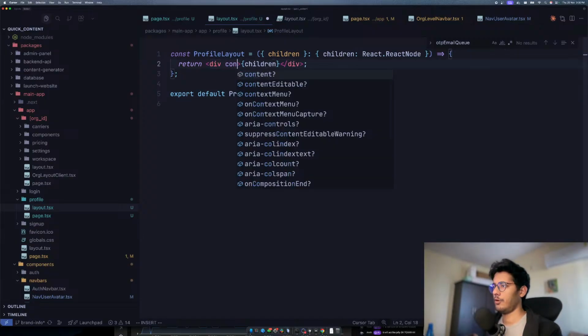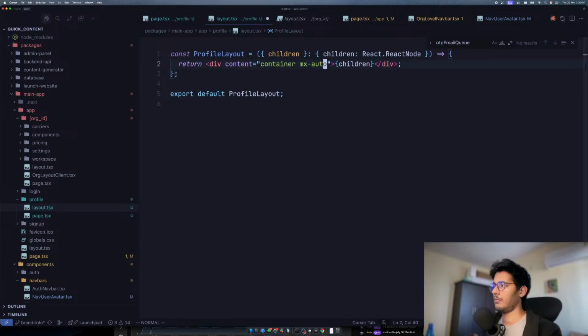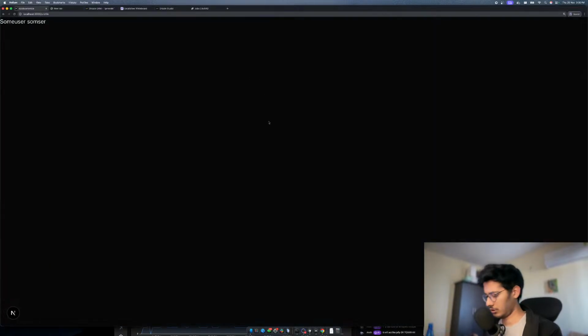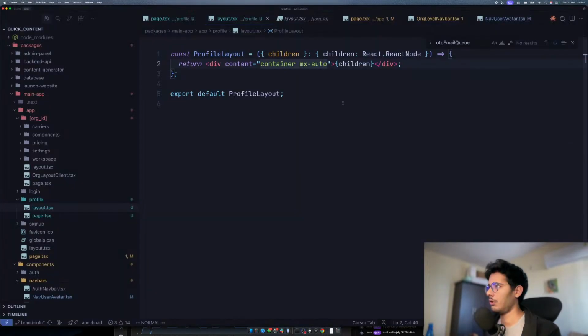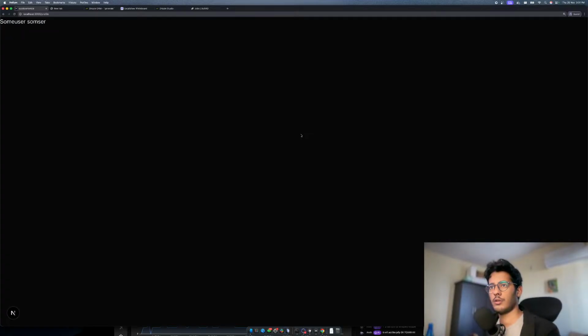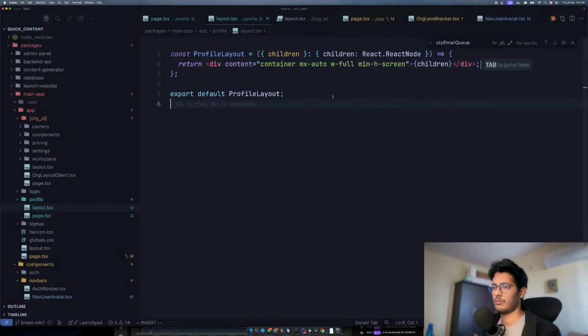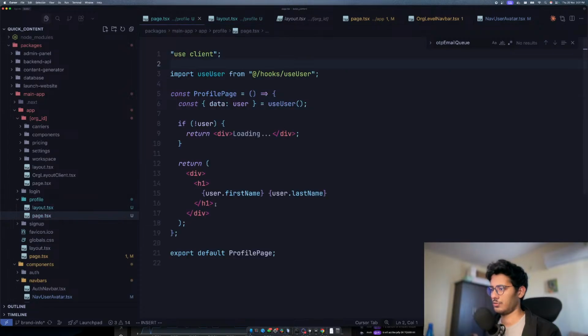Yeah, and then what we can have is we can have this as a container mx-auto, so that if I refresh this, wait, what? No, width full, height screen, I don't know, min height screen, refresh this, still an issue. So if I just go and say class container,